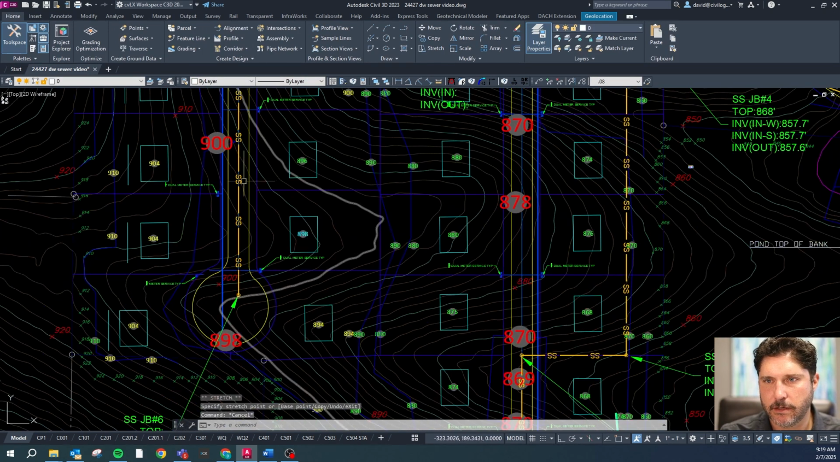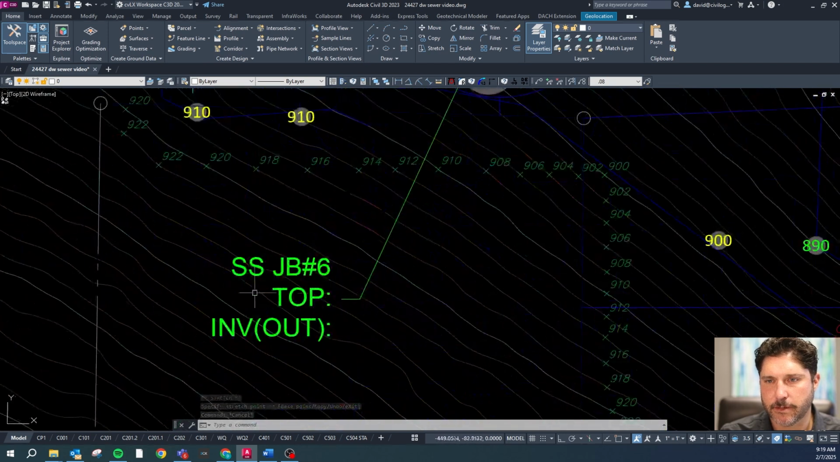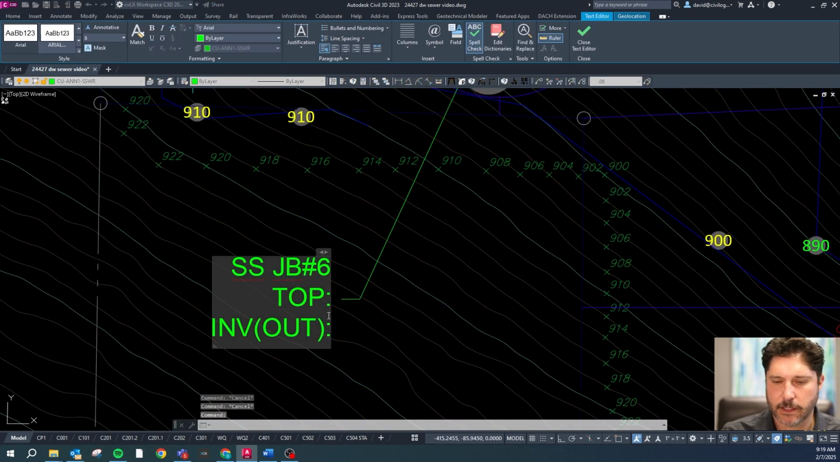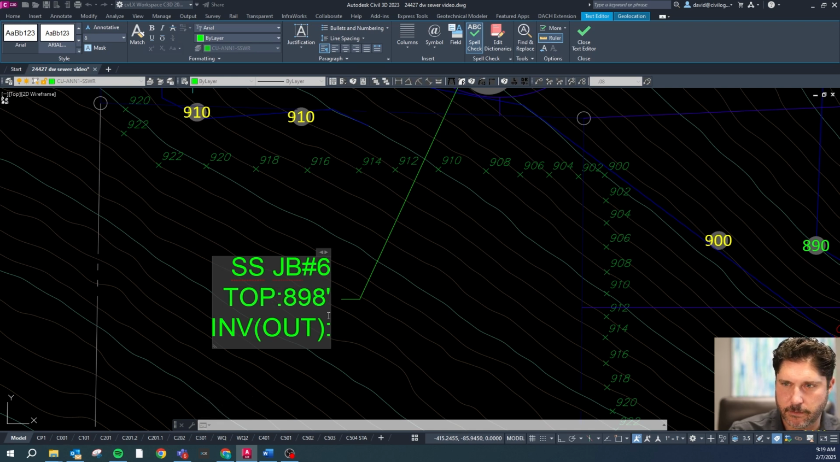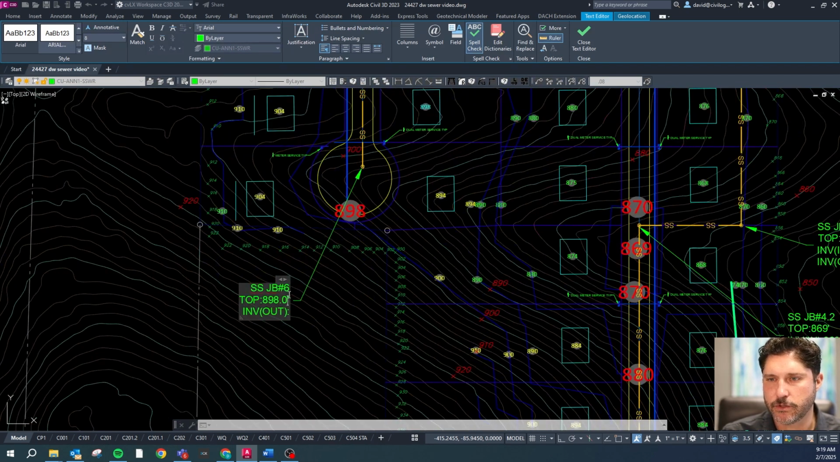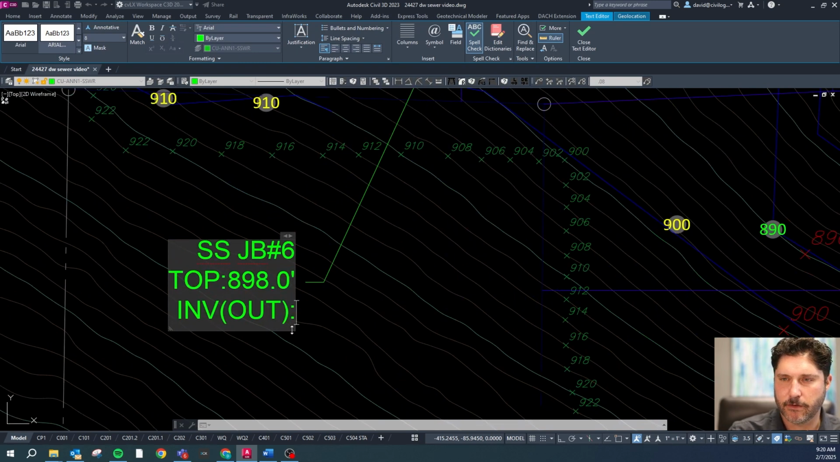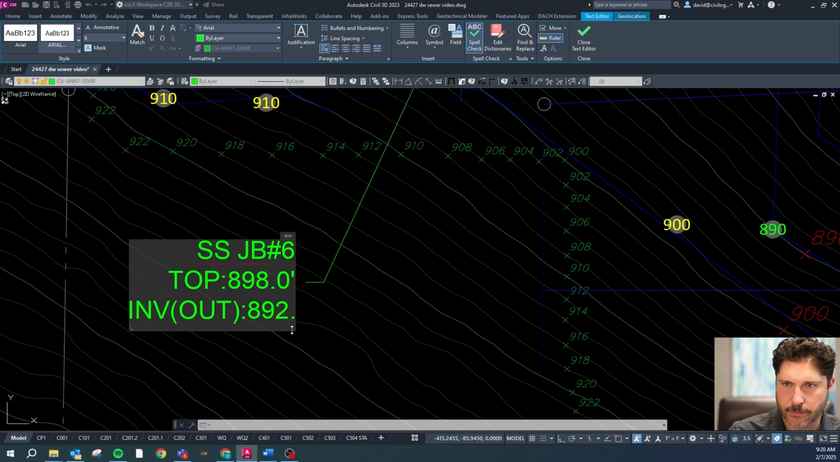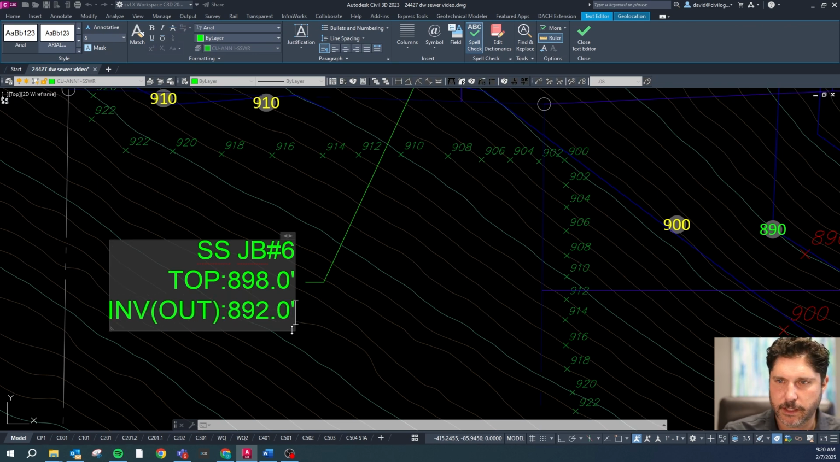If that's 898, let's just say this top is at 898. Again, this is conceptual, so it doesn't need to be too exact. The goal is, let's just get a rough layout in there with some inverts so that when we lay out our storm, we can identify any conflicts and have an idea of what we want to do. The goal is not to have a finished product of a sewer design. We just want to get it in there very rough and have it working. So the invert out, we're going down 6 feet there,